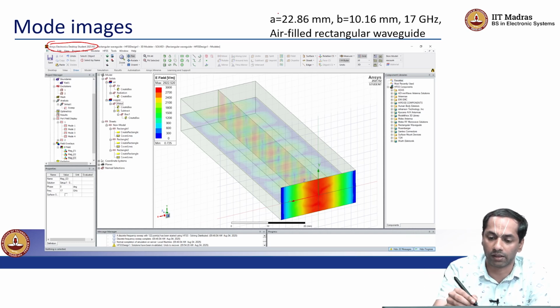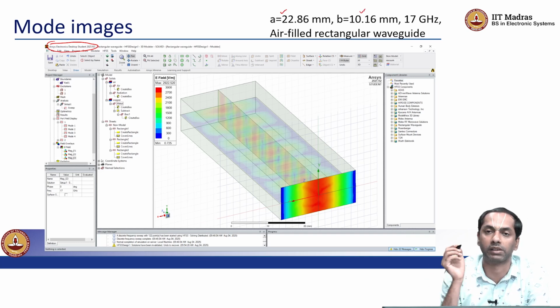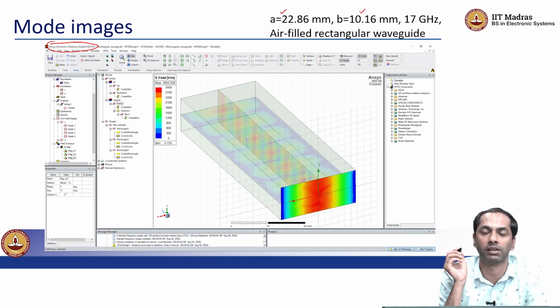It is one where the horizontal dimension of the waveguide is 22.86 millimeters and the vertical dimension is 10.16 millimeters, and you're looking at the field pattern for when the excitation frequency is 17 gigahertz and the rectangular waveguide is filled with air, right. So with click of buttons today, the software is able to provide the solutions to electric